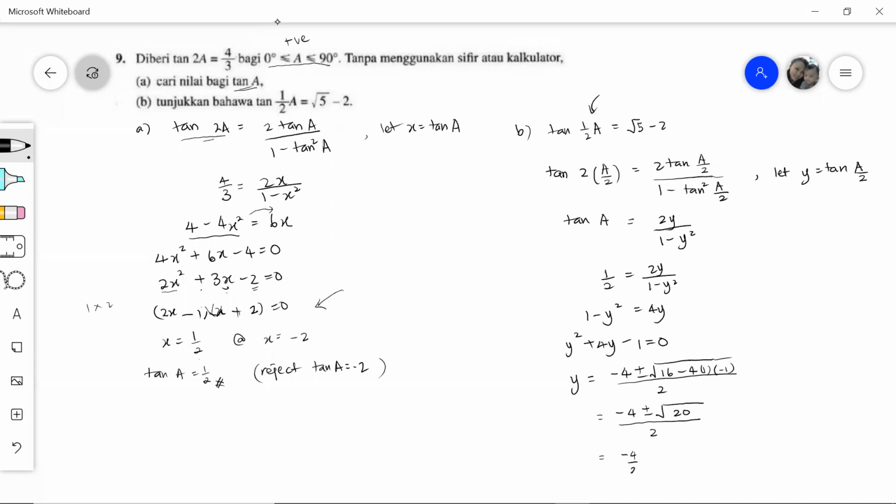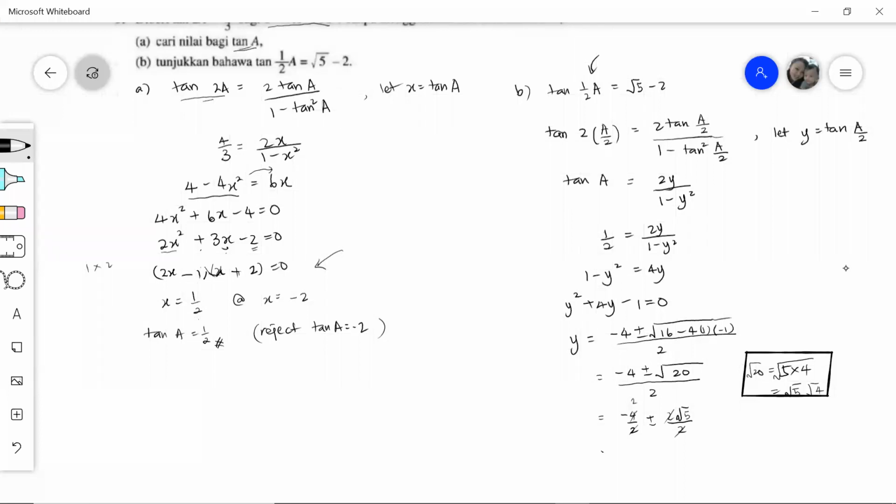Negative 4 over 2 plus minus root 20 over 2. Root 20 can be written as the product of 5 times 4, isn't it? So we can rewrite it as root 4 times root 5, and root 4 is actually 2. So I can put 2 root 5, whereby the 2 and 2 can be simplified. So we will have negative 2 plus minus